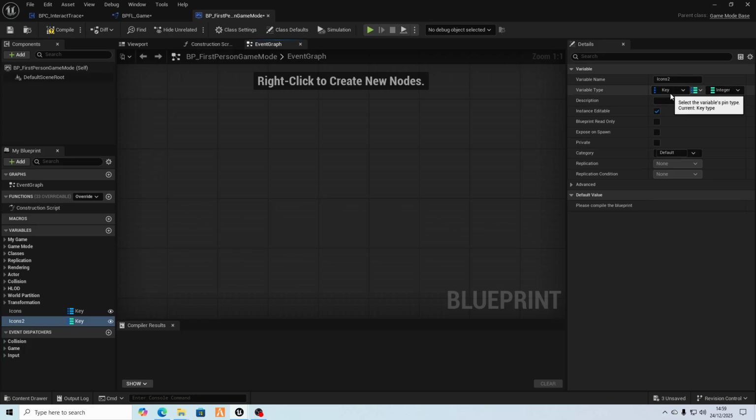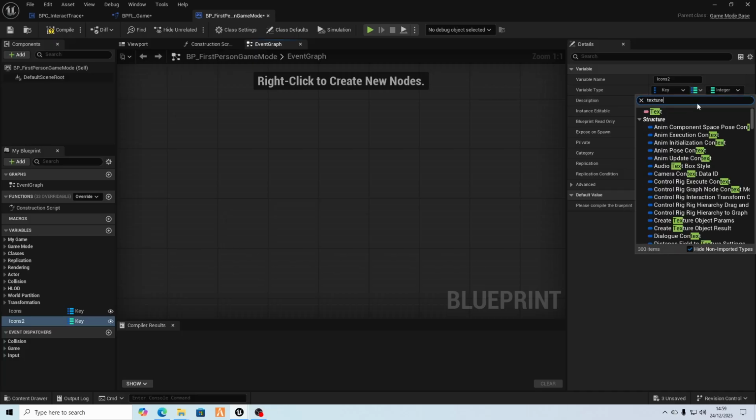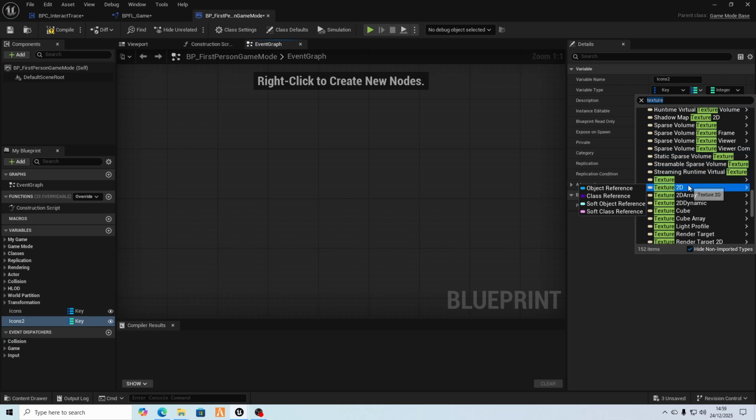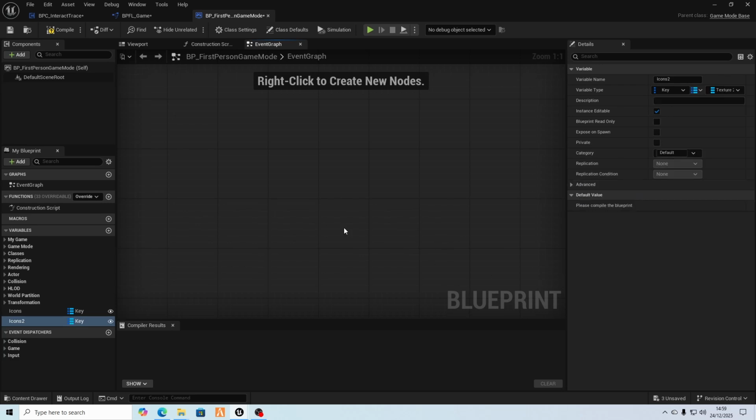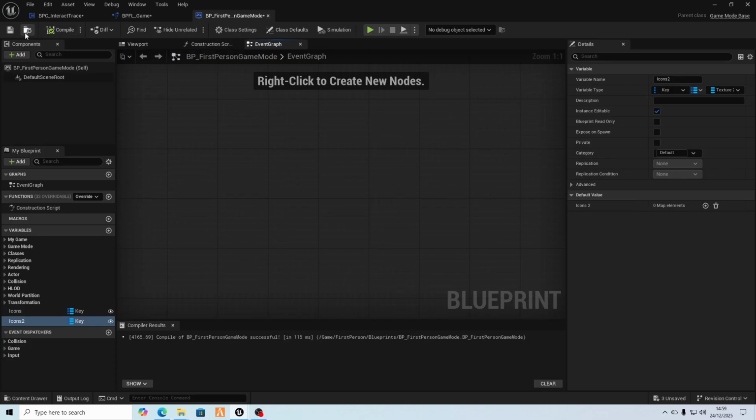So key is the key, technically a literal keyboard key, and then this integer you want to change to texture 2D. Object reference. If you compile and save, you then have